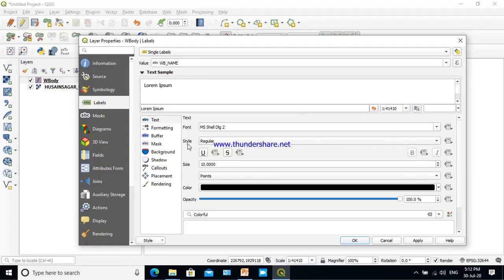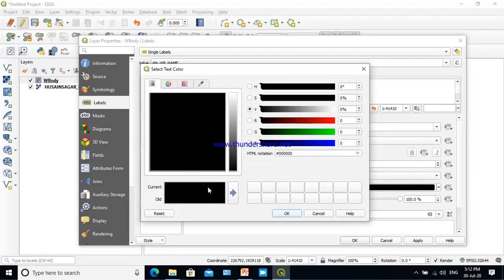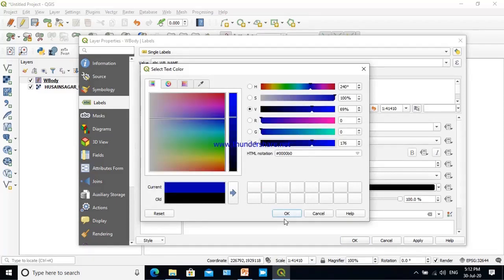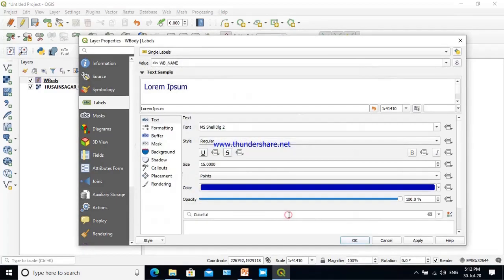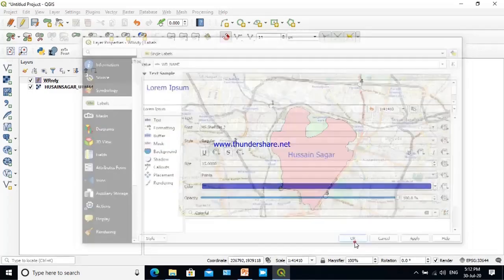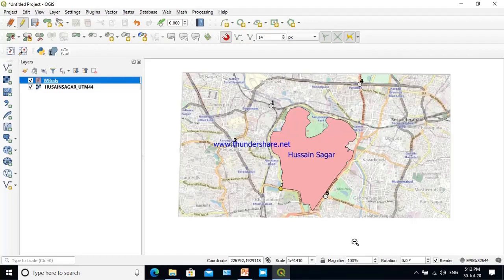Say font type, font style, what will be the size, say 12; in place of 10, let it be 15, and by what color, say you like, select a color and apply it and OK it. The feature is now labeled.